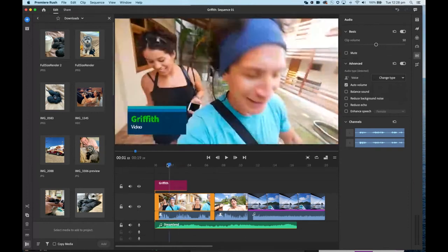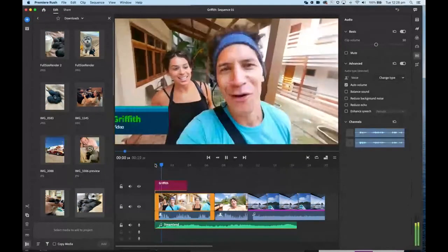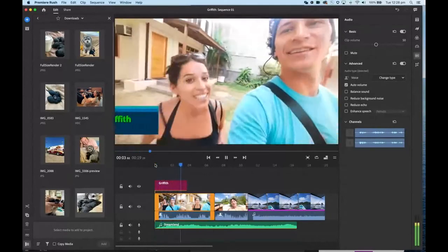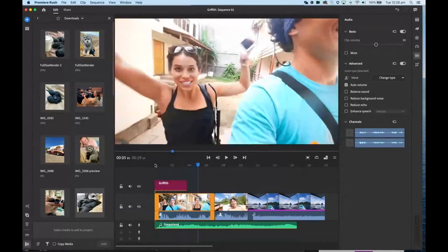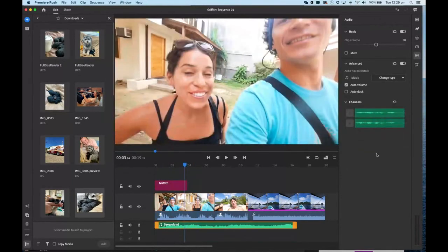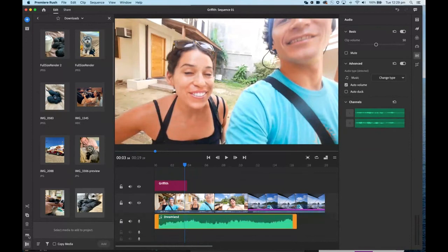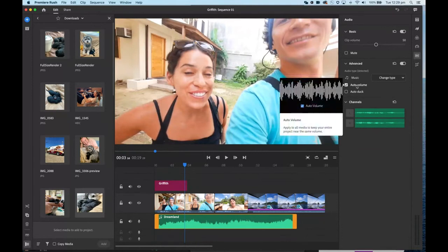And then we can change the actual volume of each part of the clip. So let's just play this through to give you an idea. Now, there's a fair bit of the background audio happening there. And so I'm just going to expand this out a little bit as well, because the audio options that I have are actually